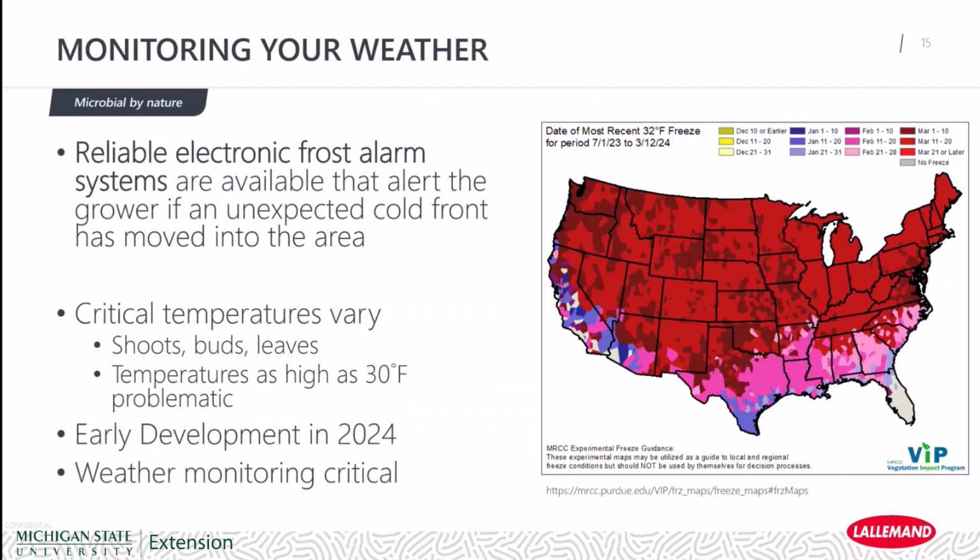So when we're talking about developing a strategy, as I mentioned in the introduction, there's going to be 7 categories that we want to talk through. And the first thing that we like to recommend you do is you monitor your weather. I think it's no secret that weather can change rather quickly, especially in Michigan. We get lake effect.